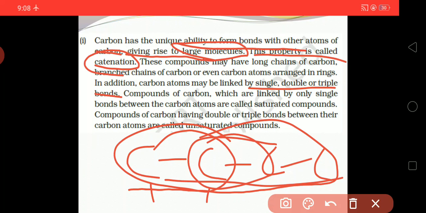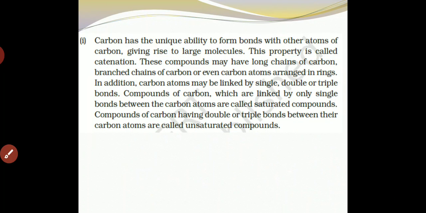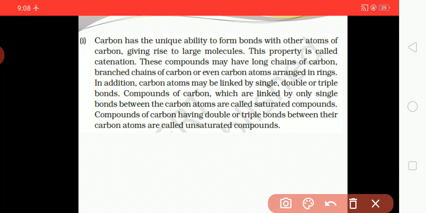Compounds of carbon which are linked by only single bonds between the carbon atoms are called saturated compounds, and compounds of carbon having double bonds or triple bonds between them are called unsaturated compounds. Once again I am repeating: compounds of carbon which are linked by a single bond, here you can see carbon and carbon, a single bond between two carbons,